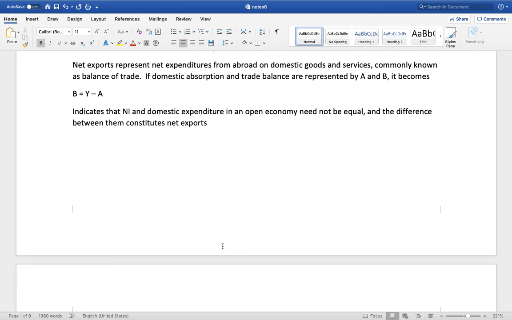And when the domestic expenditure is lower than the national income level, it means the net purchase of domestic goods and services by foreign countries. That is, the domestic exports exceed the imports. Conversely, if the domestic spending exceeds national income, it is the country's net purchase of foreign goods and services, that is, imports exceed exports.